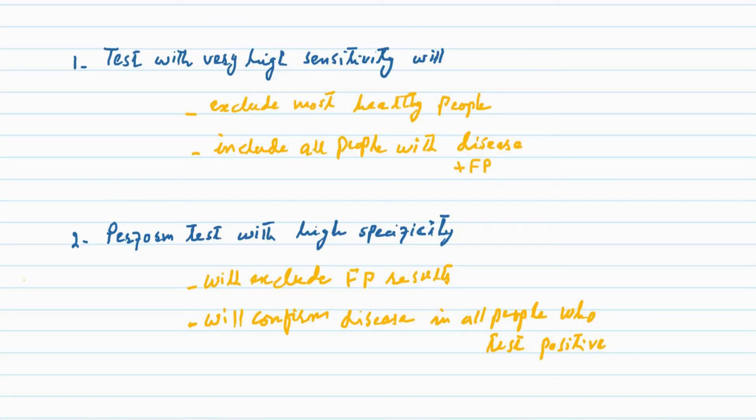Now we have discussed sensitivity and specificity. Let's see how these tests are used in clinical settings. First, we perform a test with high sensitivity that will exclude most healthy people, and it will include all people with disease and healthy people who will have false positive results. After we have excluded most healthy people, then we perform a test with high specificity. This will exclude false positive results and the test will be positive only in people who have disease, and this will